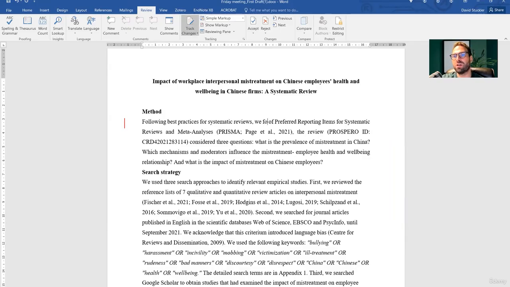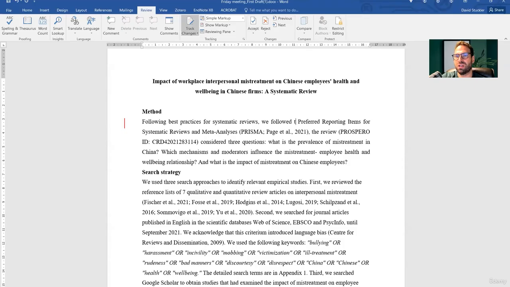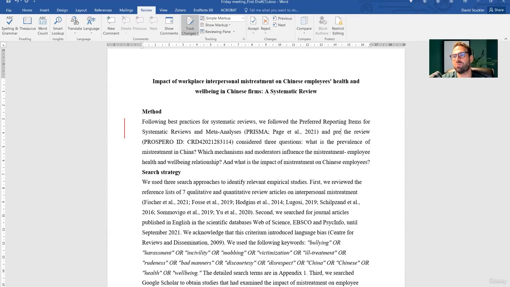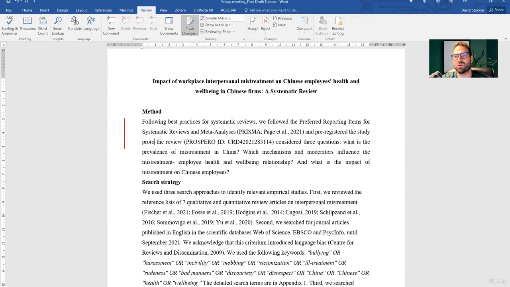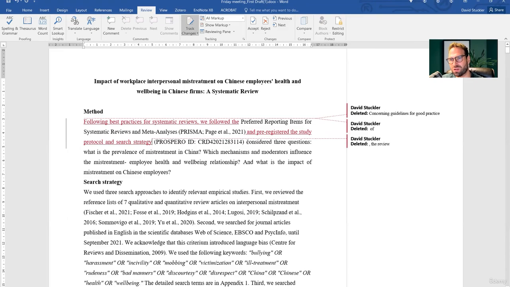So we followed the PRISMA guidelines and pre-registered the study protocol and search strategy. So you have this here. And I'll go ahead and make this all markup so you guys can see what I'm doing.